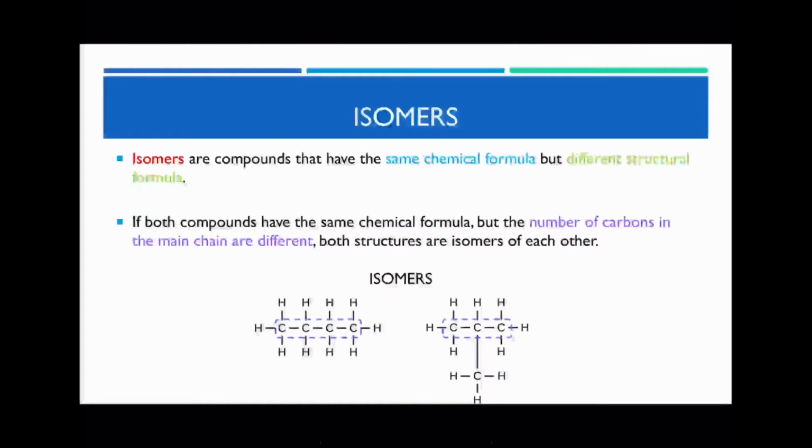Now, what do I mean by the number of carbons in the main chain? We talked about this in the last lesson, but notice that in this example over here, you've got 4 carbons in the main chain. So if you can draw a circle around all the carbons without lifting up your pencil, that's kind of the main chain right there. Whereas in the second example over here, the longest chain that I could do without lifting up my pencil is 3, so it contains 3 carbons. There's no way for me to include this carbon without overlapping or lifting up my pen in this case. So as a result, they're going to have different names